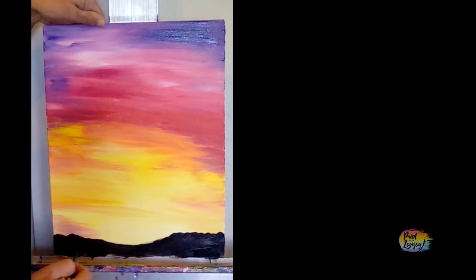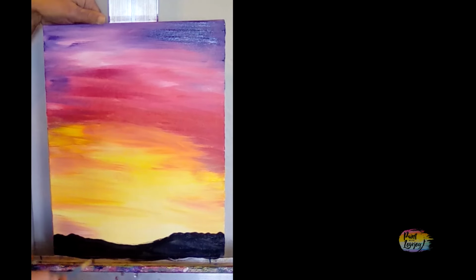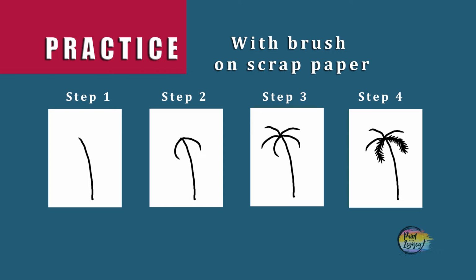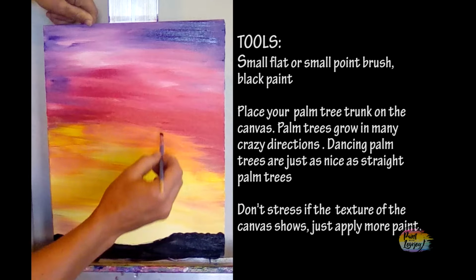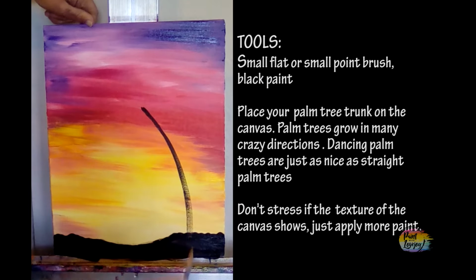As we move into the next step, I'm going to actually recommend that you practice your palm tree on a scrap sheet of paper. And you will see a step-by-step drawing right here. Practice this on your scrap paper multiple times before you go onto your canvas. But don't spend too long on there, because I do want you to jump in and get your palm trees